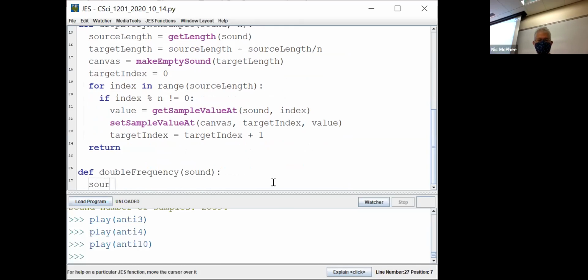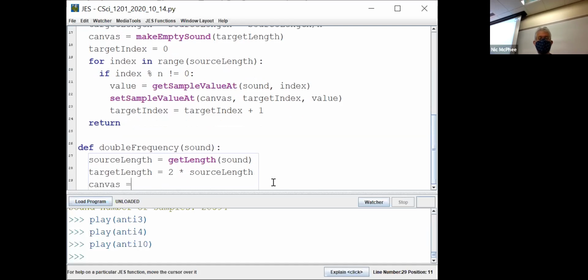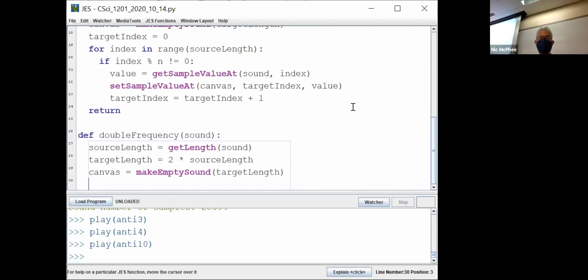So source length equals the same thing, target length. Cannot type today. It's going to be twice the source length. Canvas, make empty sound, target length. I'm repeating this enough that it makes me really want to make a function that just does that part, but I'll skip that for today. And then